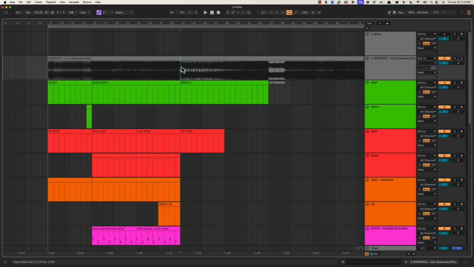But you don't want to have two big hooks being introduced at the exact same time, because you want it to be very clear what the listener should be paying attention to. And so paying attention to the vocal, and then at the same time introducing that hook, sliding it in so it feels familiar when it finally comes down the line. But